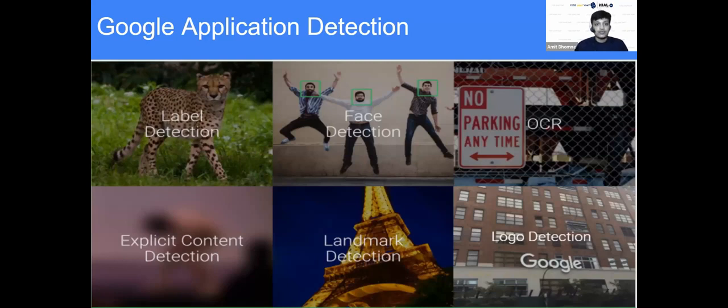For example, you scan an Indian rupee note. You will find the image of our respected Gandhi ji, and whatever else is on the note, like the digit 50. You can scan it and find the label. There is also face detection, optical character recognition, logo detection, where you can detect the Google logo, and landmark detection, for nearby landmarks.